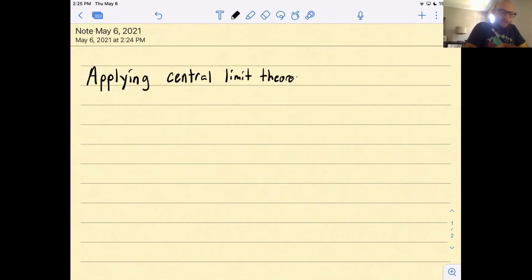And we're going to do this next time as well. And you'll see it's really essentially what we already learned, but just one extra step. That's it. You'll see. So applying the central limit theorem to